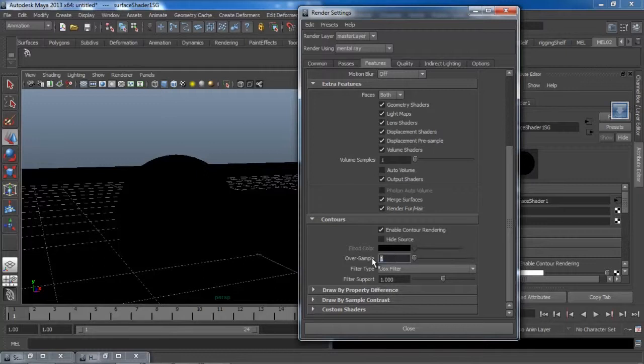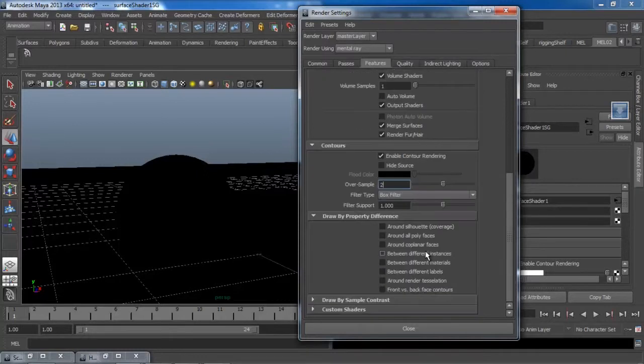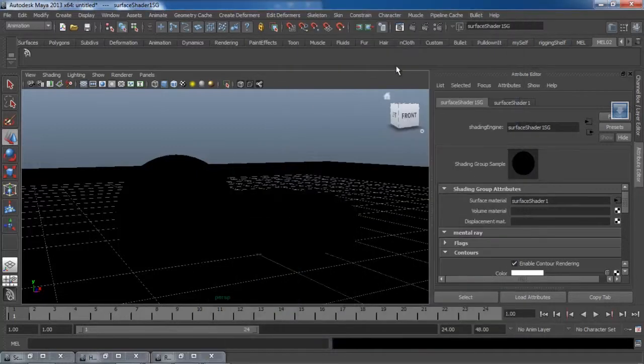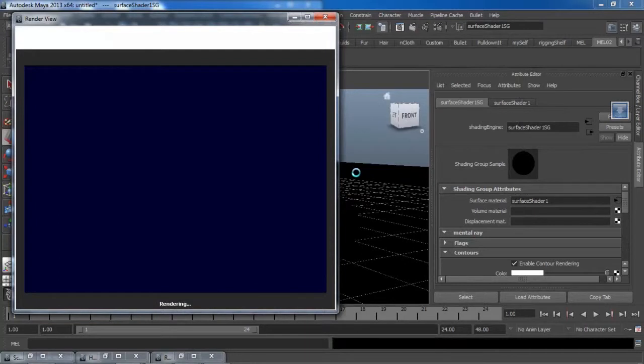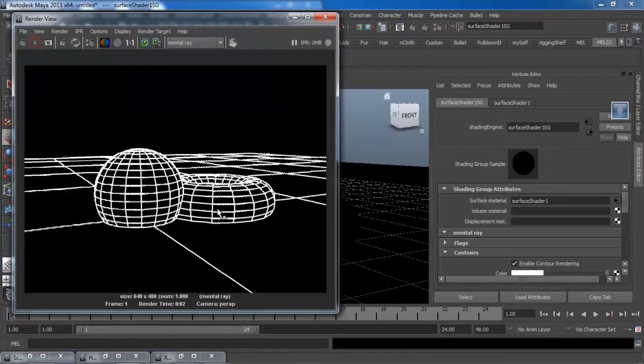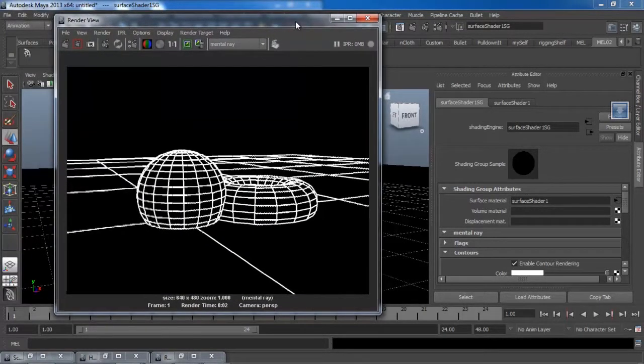We can also change oversampling to 2, and then go in draw by property difference, and here we'll check these two boxes, around silhouette and around all polyfaces. Then minimize this and render it again, and here is our wireframe rendering.